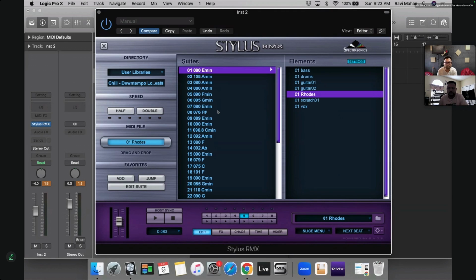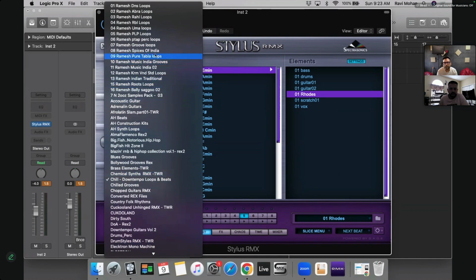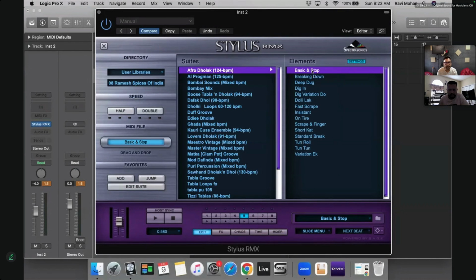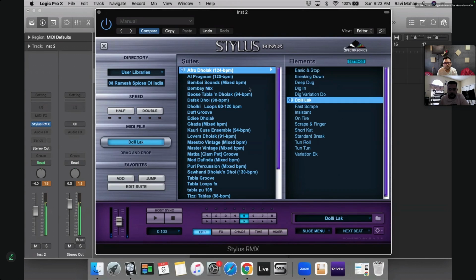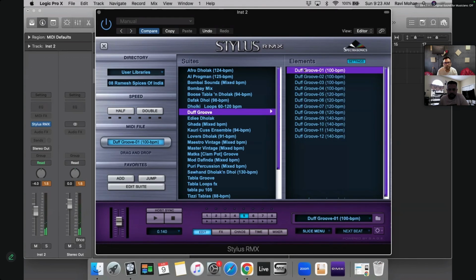Maybe you start coming up with ideas. Now let's say we want to have a tabla loop from somewhere. You see, tons and tons of stuff.